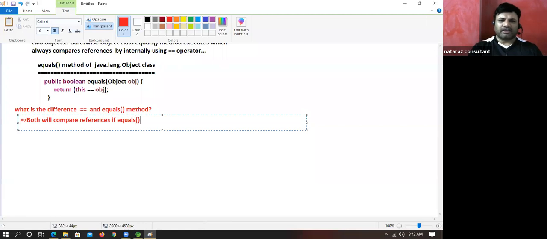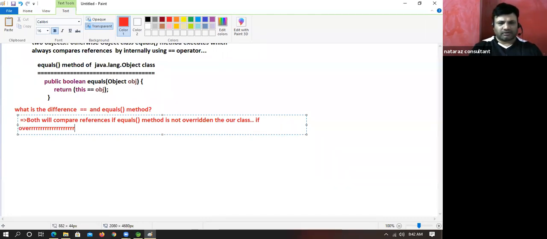If equals method is not overridden in our class. Okay, this is a very popular question. Otherwise, if overridden, very, very important.